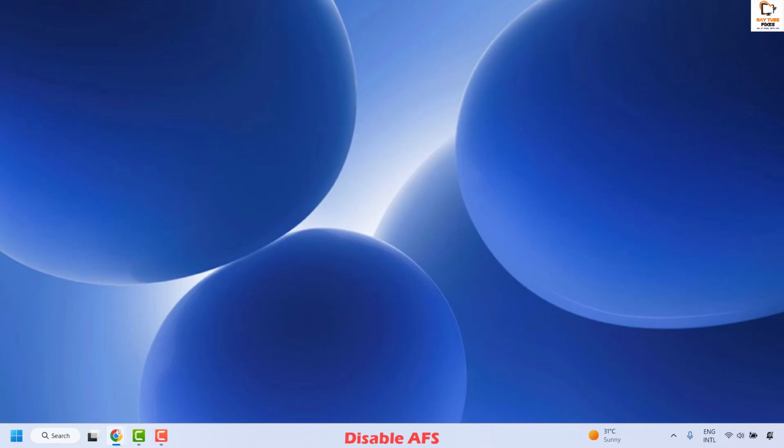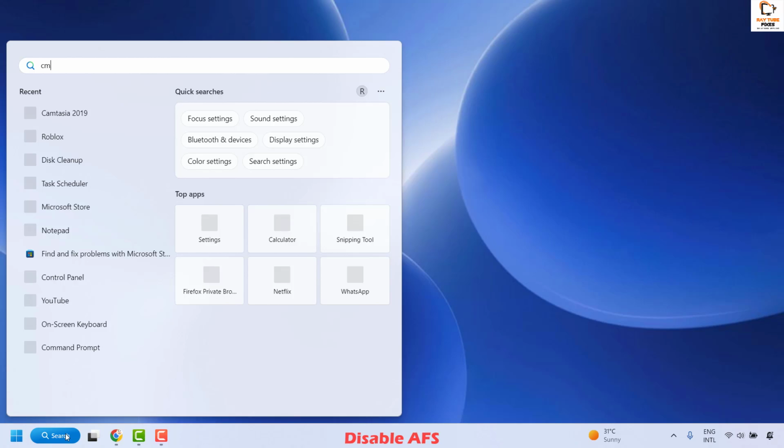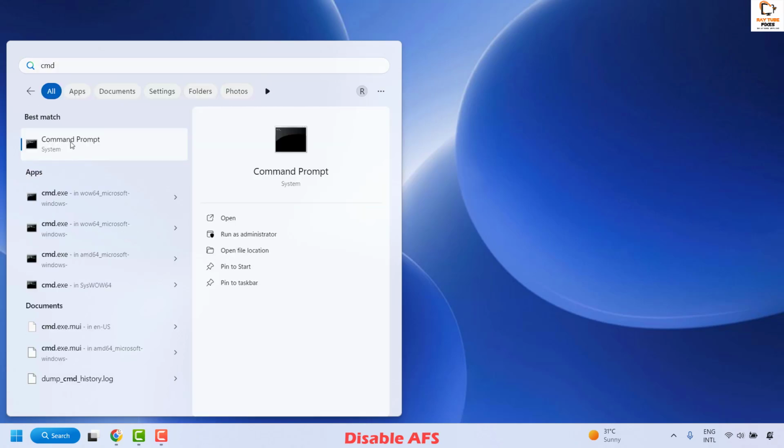So it is recommended to disable the AFS, and this is how you can go ahead and disable it. To do this, you will have to open the command prompt. So in the search window, you may go ahead and type CMD. Once you see the best match, you can do a right click on command prompt and then click on run